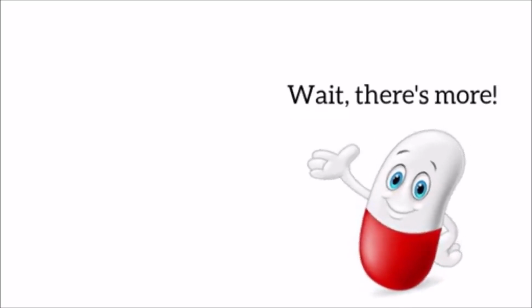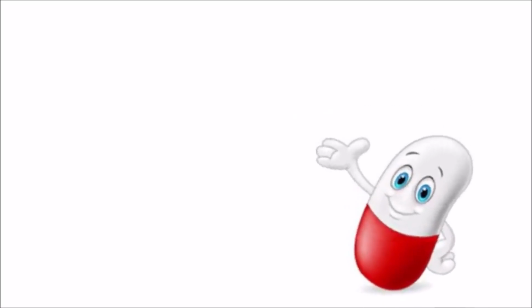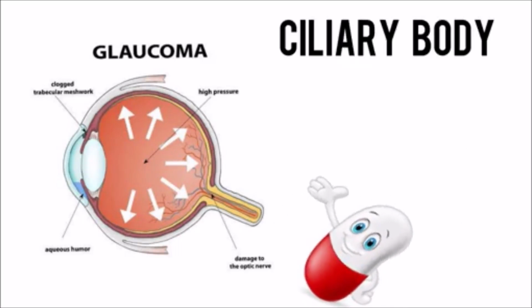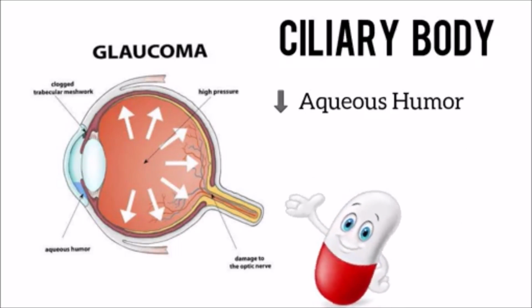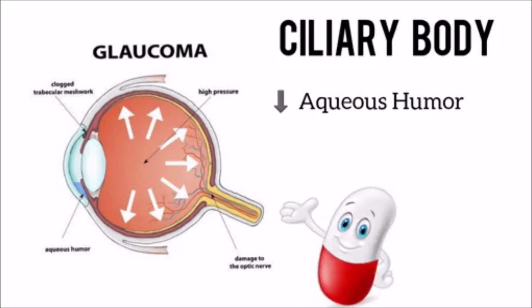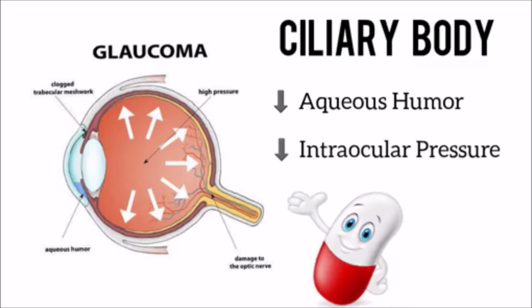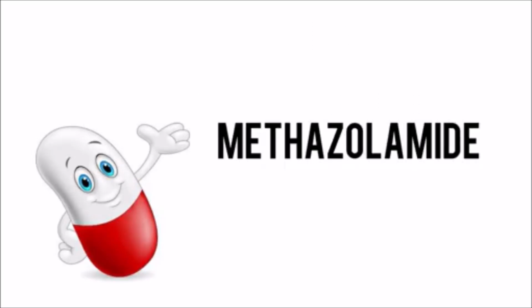Aside from promoting diuresis, I am also suitable for the treatment of glaucoma. Yep, I inhibit the actions of carbonic anhydrase present in the eyes, particularly in the ciliary body, which results in a decreased secretion of aqueous humor. That contributes to decreased intraocular pressure, and this will be discussed later on. Among the two sample drugs I mentioned earlier, methazolamide is more potent for the treatment of glaucoma. Now, for you to learn more about how glaucoma is treated, let me be your methazolamide drug and let me